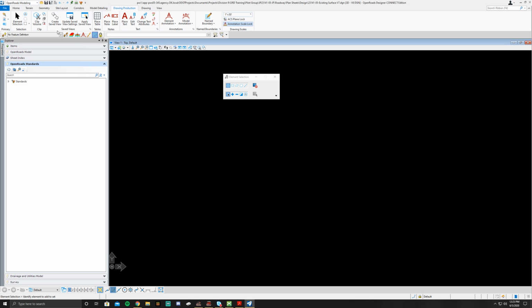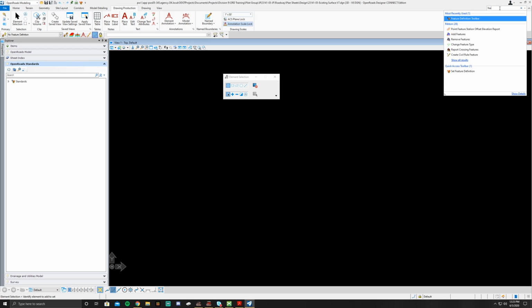The other thing you're going to want to do is go find this Feature Definition toolbar, and the way you'll do that is, in OpenRoads, they've actually included this pretty cool feature. All you've got to do is type in what you're looking for. And once you do that, you can either click on it, or you can actually go to where it is inside the program itself. So if I were to click on this, you're going to notice up here in this top left corner